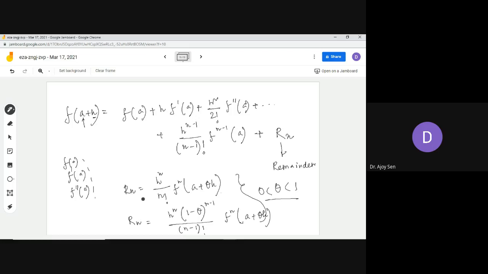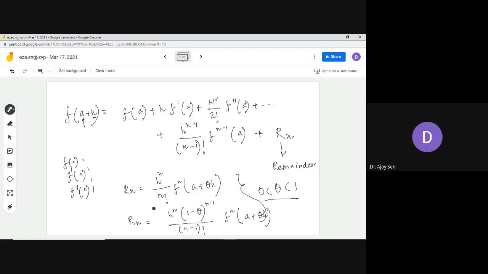So in general Taylor's theorem, the remainder term can be of many forms. In your syllabus, there are two types of form. The first one is Lagrange's and the second one is Cauchy's. There is another form, Schlömilch-Roche's remainder form, but you don't need all these things. You just have to understand what the remainder term is: you are approximating a function at some point by its derivatives by means of its Taylor polynomial. Since you are approximating, there is some error. That error part is called the remainder, and the remainder has many types of forms. You can take any form as you like.